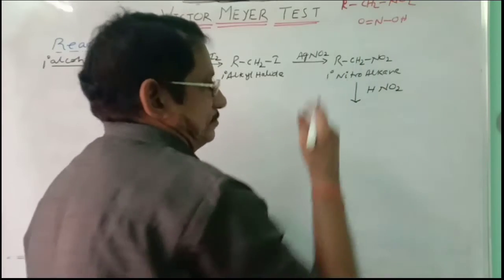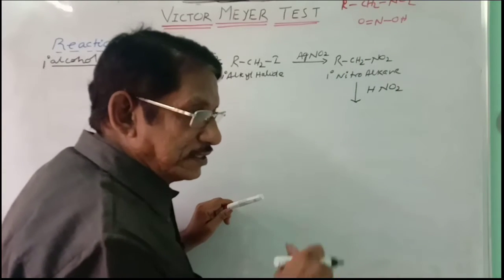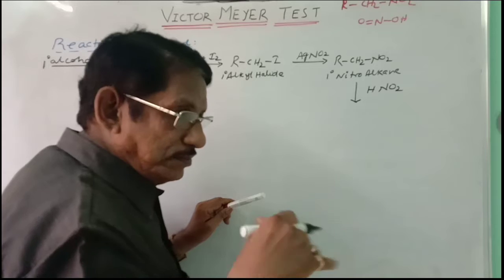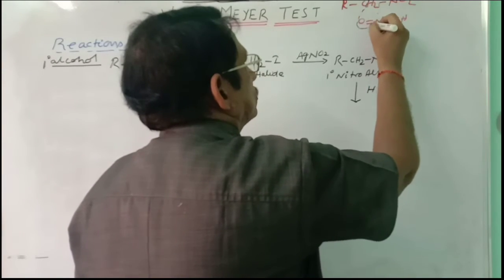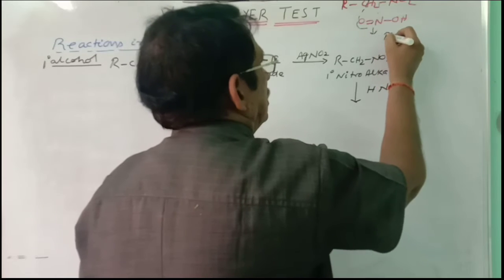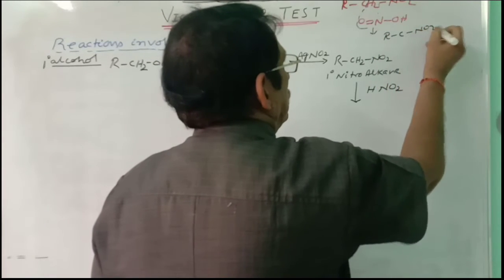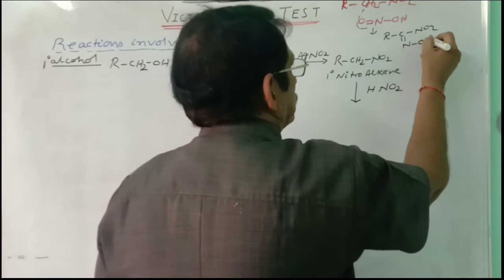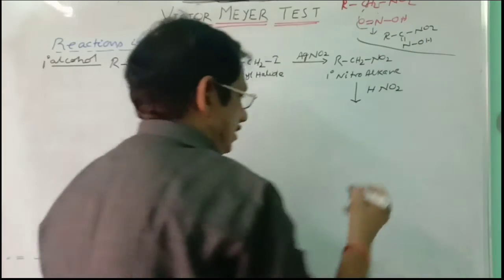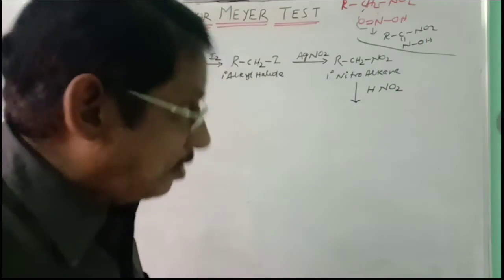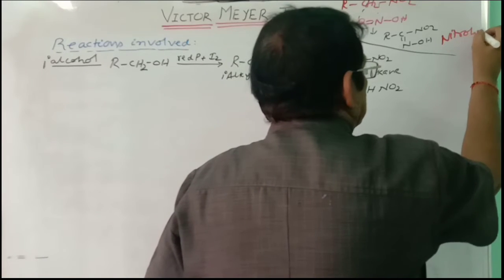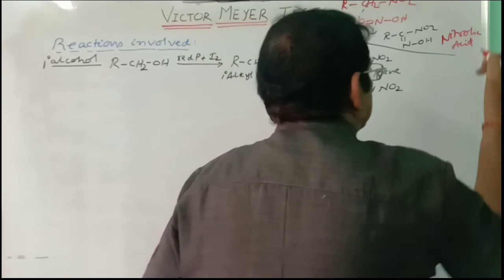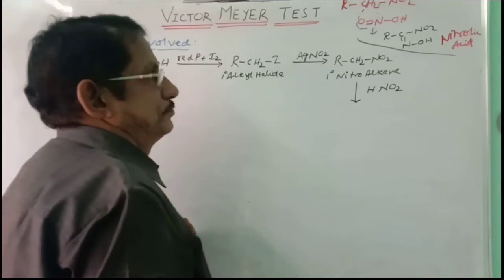This is alpha hydrogen. Nitroalkane is now containing alpha hydrogen. That alpha hydrogen will be involved. You can write directly like this. This H2O is removed, and so you will get here RCNO2 double bond NOH. This is the product obtained. What is it called? This is called nitrolic acid. That is the product obtained.